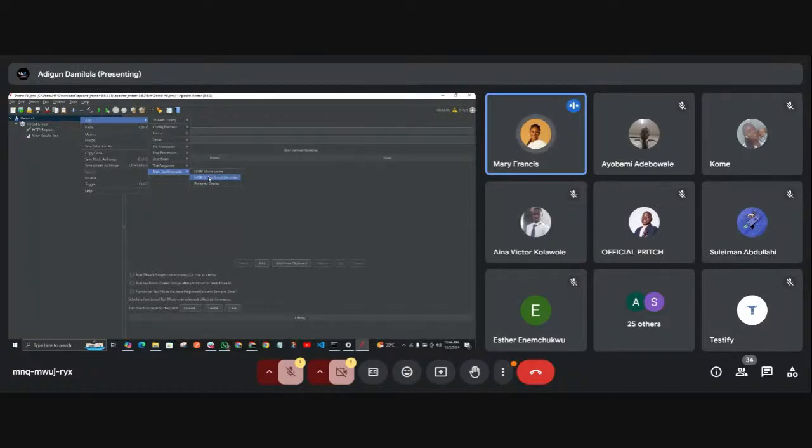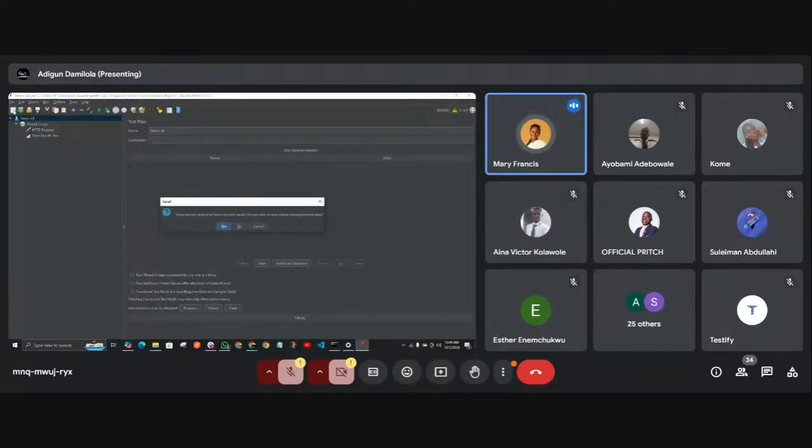Let's open a new file. So the first thing we're going to be doing is that we're going to try to create a test plan, a test script, without using a template. Then we're going to try to use a template and see which one works. Do we want to use a template first, or do we want us to